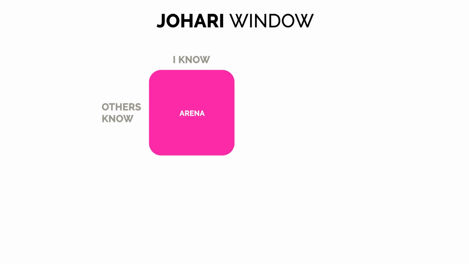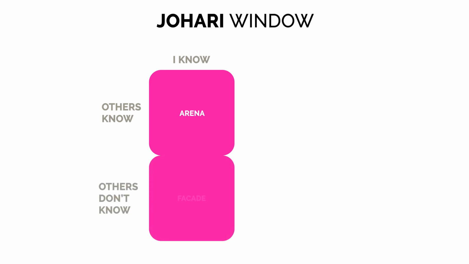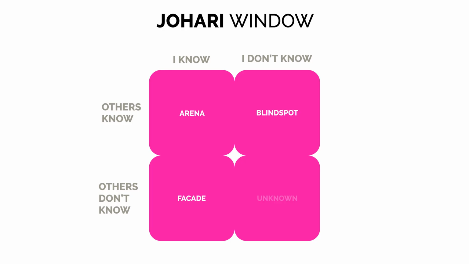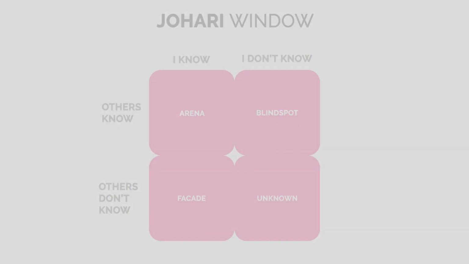Another area, what is known to oneself but not to others, is what is called the facade. In business, this is just translated as missing marketing efforts. Thirdly, what is not known to oneself but others will know, the blind spot, can be mitigated by introducing effective market research. The fourth area is what we refer to as the unknown. It's what oneself doesn't know and others don't know. After applying the different thinking frameworks,